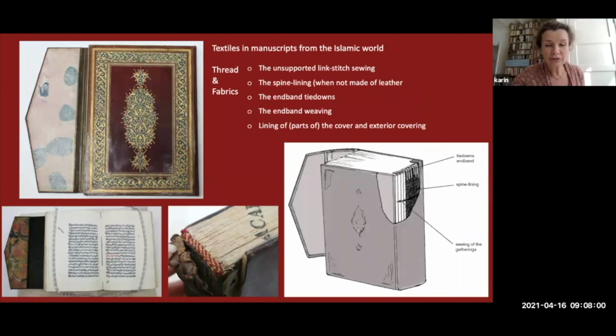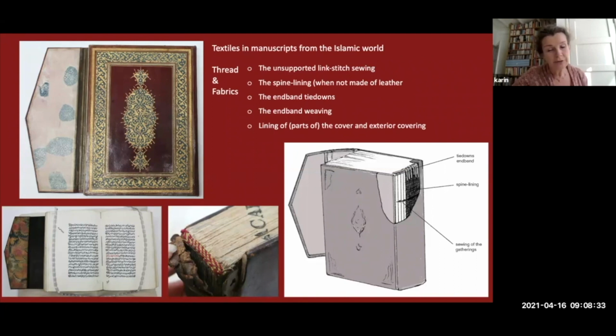Our talk is not the result of a specific or ongoing project. It's rather a broad exploration of the topic, which we hope will sketch the context of how textiles were used in Islamic manuscript making. And this certainly cannot be exhaustive, because the Islamic world is so vast and the manuscript tradition covers centuries, as Sabine just explained. We have broken up our presentation in two parts, and the first part will address methods of